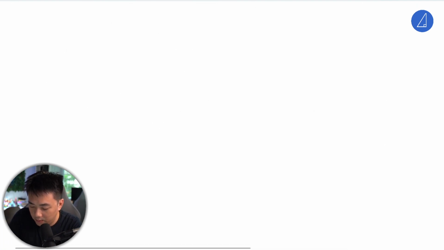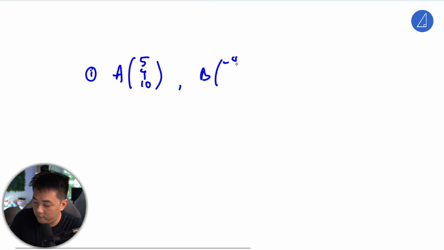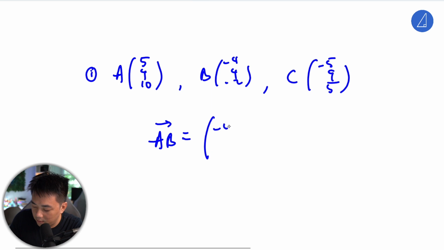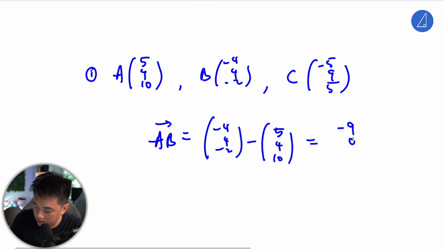So I'm going to write down the points A, B, C. A is (5, 4, 10), B is (-4, 4, -2), and C is (-5, 9, 5). For line AB, we essentially need to find the direction of the line, which is AB. AB is (-4, 4, -2) minus (5, 4, 10), so we get (-9, 0,